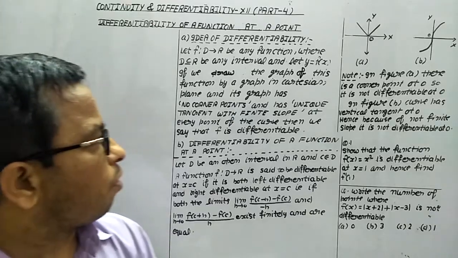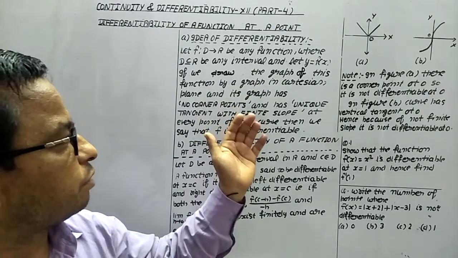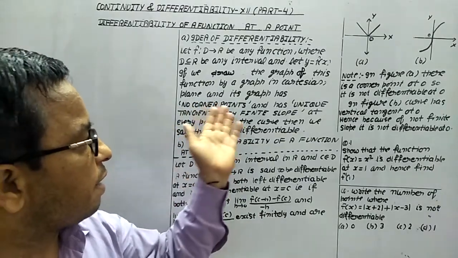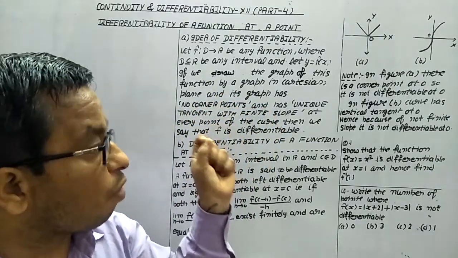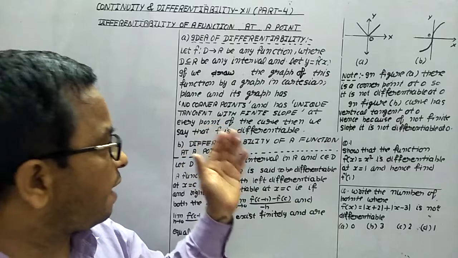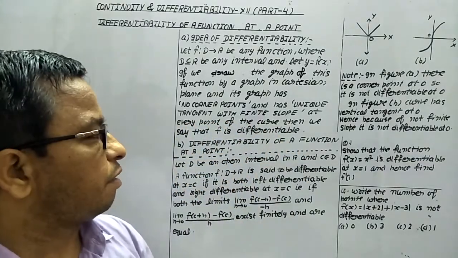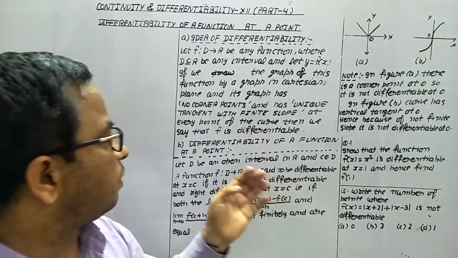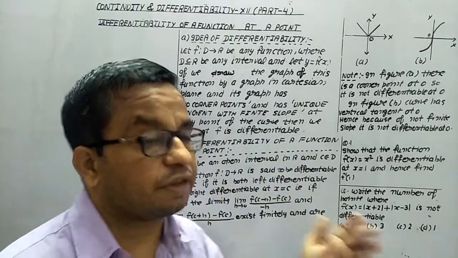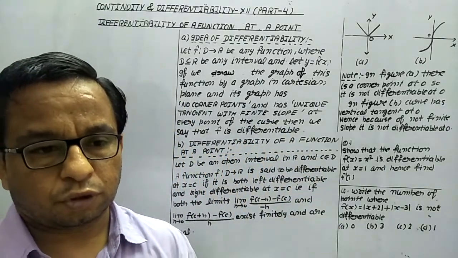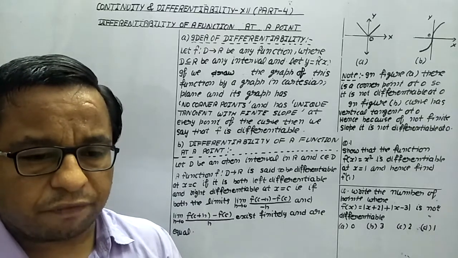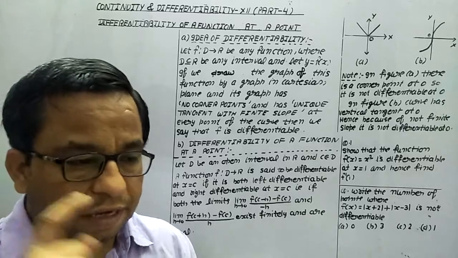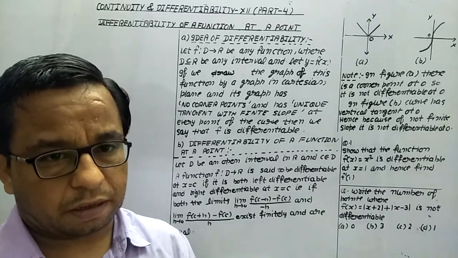Now, if we draw the graph of this function in the Cartesian plane and its graph has no corner points and has a unique tangent with finite slope at every point of the curve, then we say that f is differentiable. So if we have to prove a function differentiable about a point, then graphically we check,